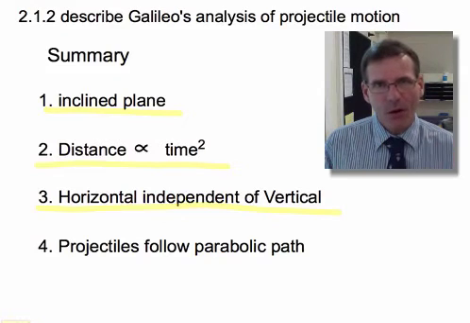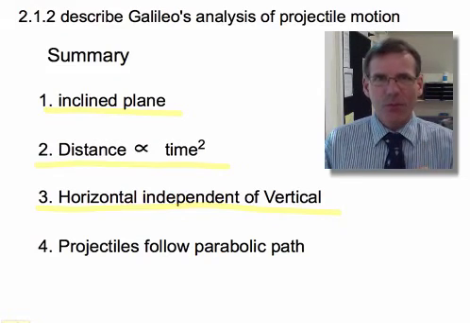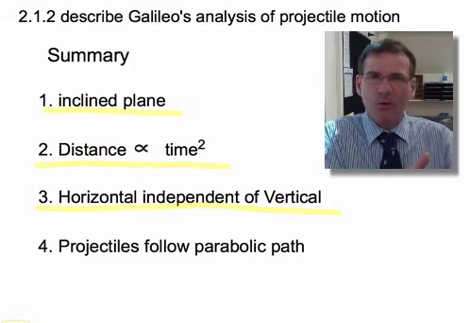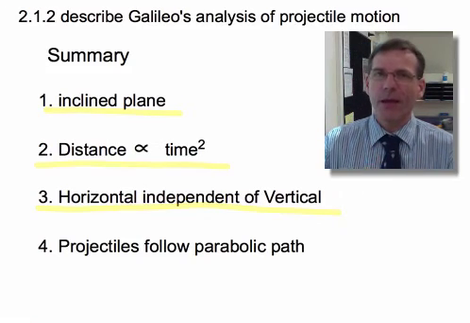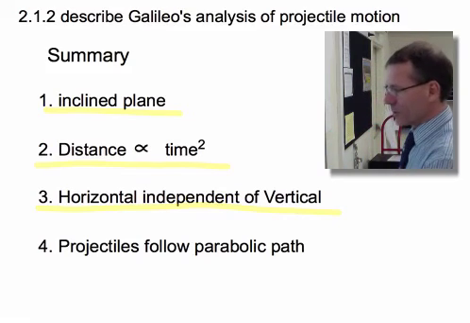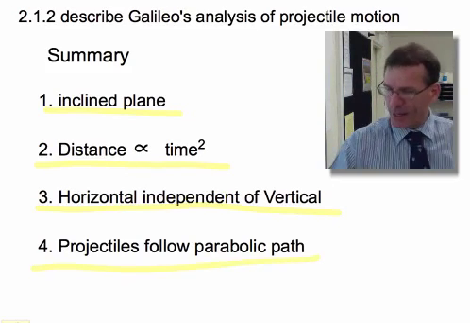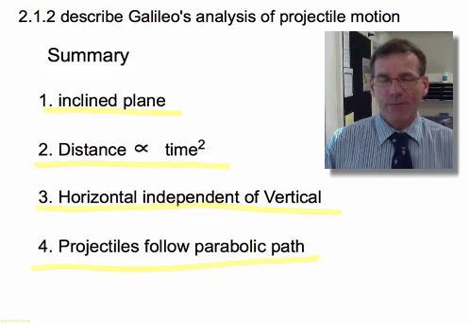Now, we're going to use that a lot. When we analyse projectile motion, we're going to be treating the horizontal motion completely separately to the vertical motion and be able to therefore put the two together again and predict the path. And of course, if we put those two together, we find, as Galileo did, that projectiles always follow a parabolic